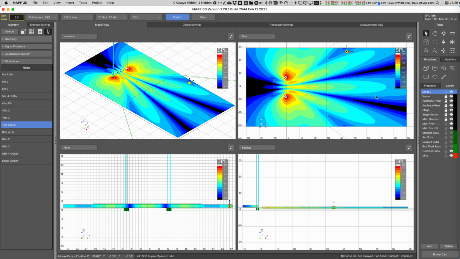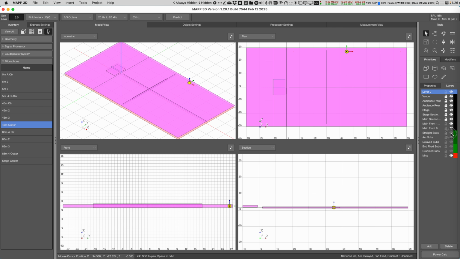But in terms of SPL, it's louder than the gradient, and it's louder than the straight line, arc shape, and delay subwoofers. Okay, and of course the straight line is similar in the coverage area, but the straight line has no coverage outside the last speaker. Okay, let's now evaluate the same thing but at